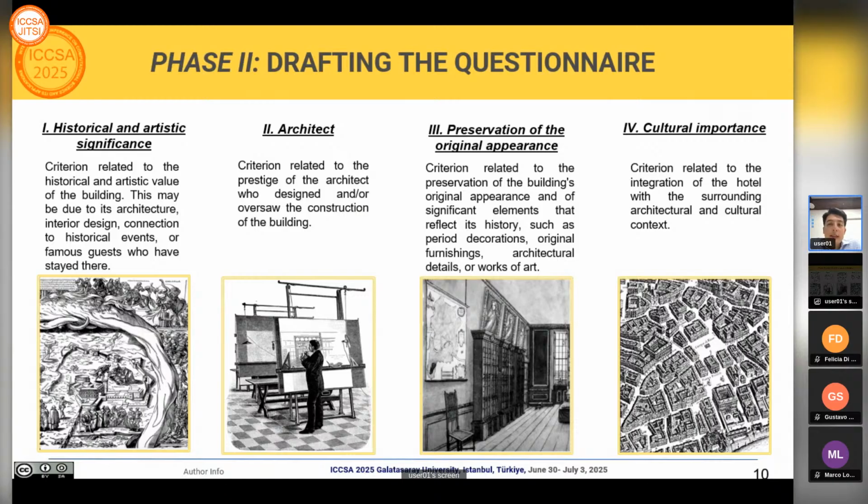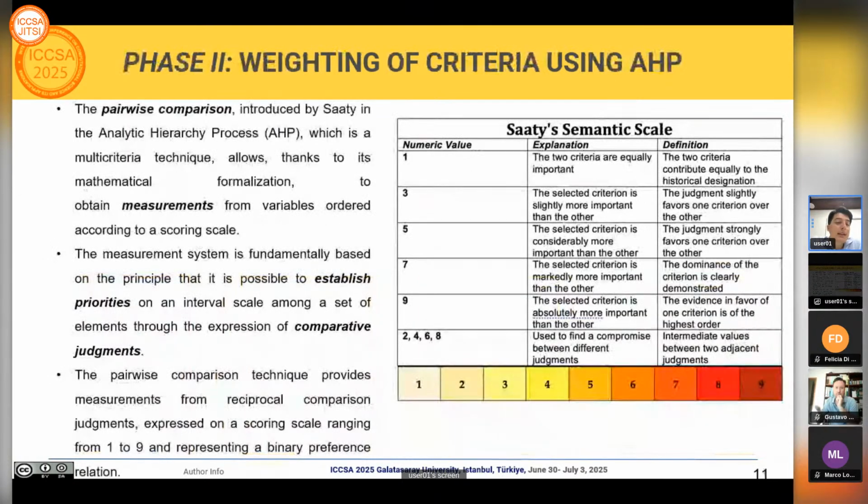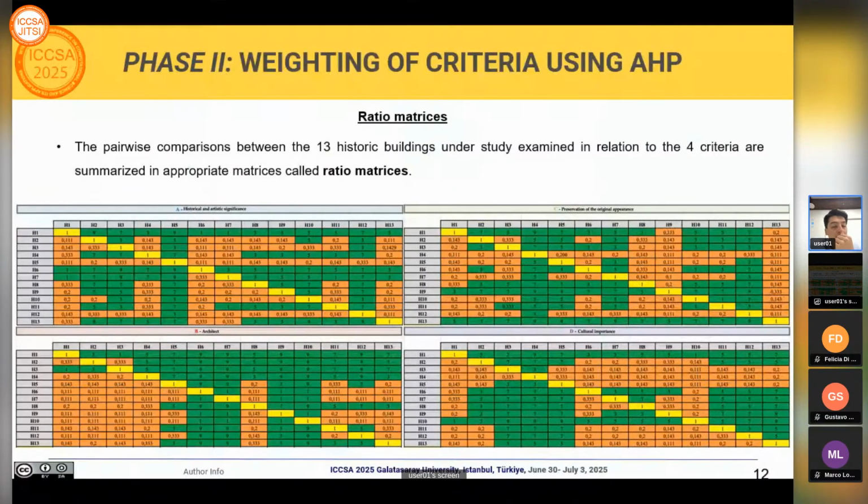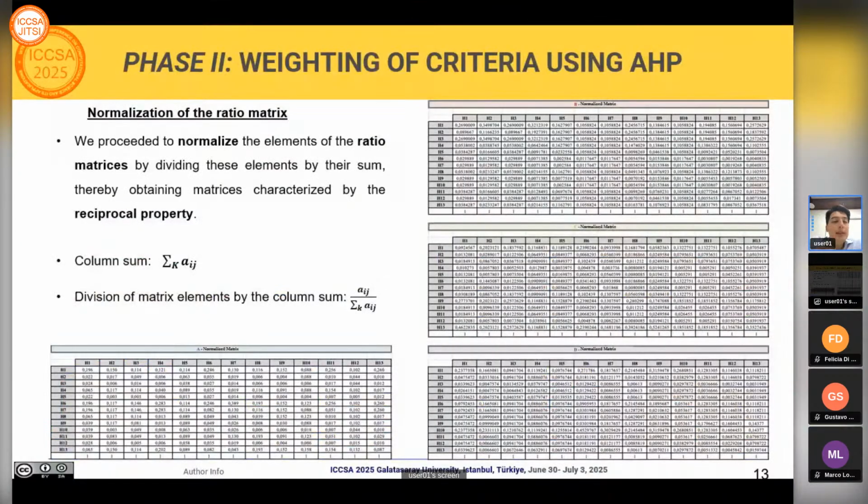After, we have the weighting of the 4 criteria for the 13 historic hotels with the AHP, a system based on the principle that it is possible to establish priorities on an interval scale 1 to 9 among a set of elements through the expression of comparative judgments. The pairwise comparisons between the 13 hotels under study for the 4 criteria are summarized into 4 matrices called the ratio matrices. To calculate the weight of the 4 criteria relative to the sample buildings under study, we proceeded to normalize the elements of the ratio matrices, obtaining 4 matrices characterized by the